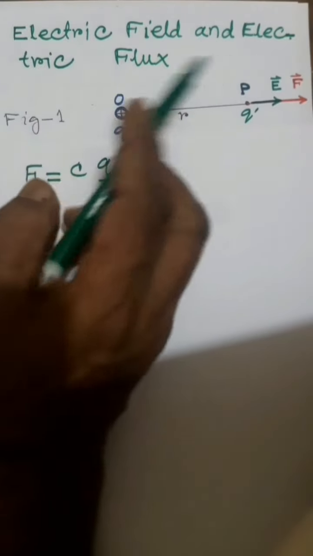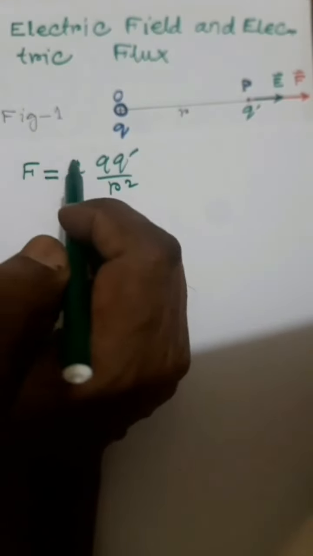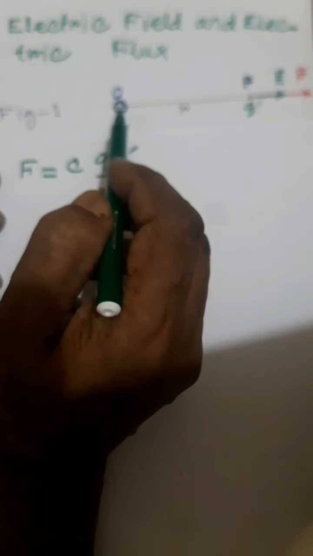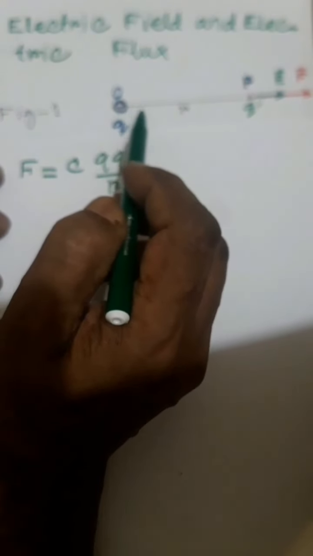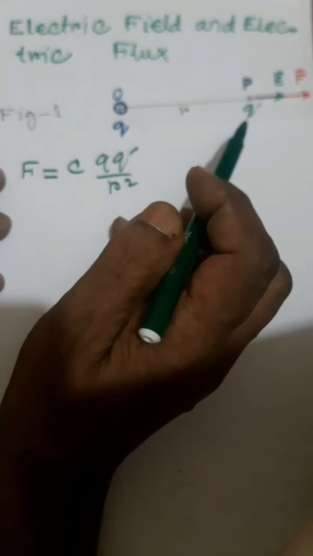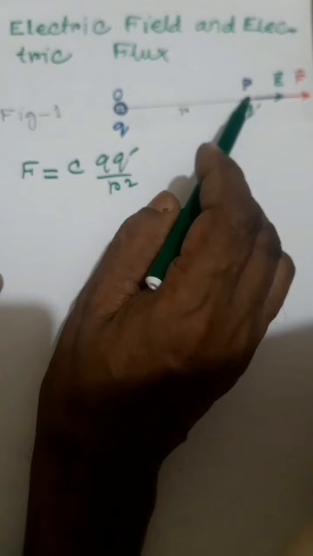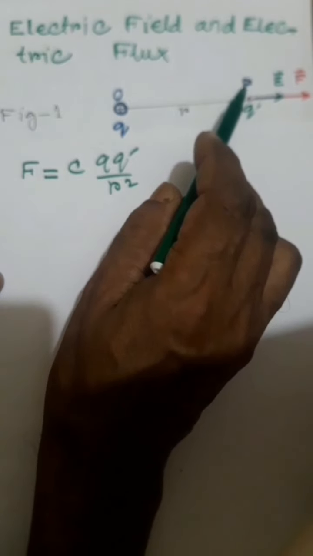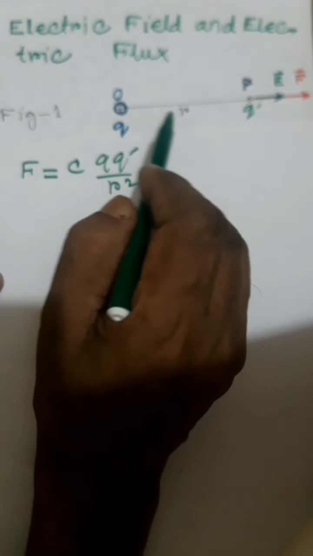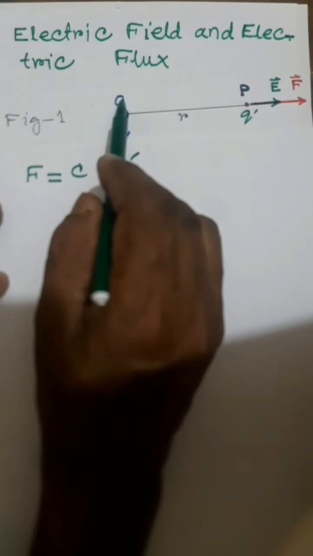It's a discussion on electric field and electric flux. Any charge Q develops an electric field around it. If we keep a charge Q dash at a point P at a distance r from the charge Q at O,